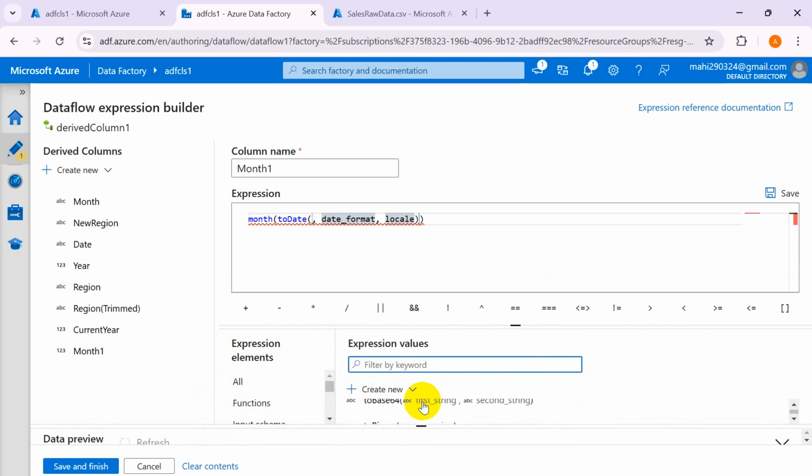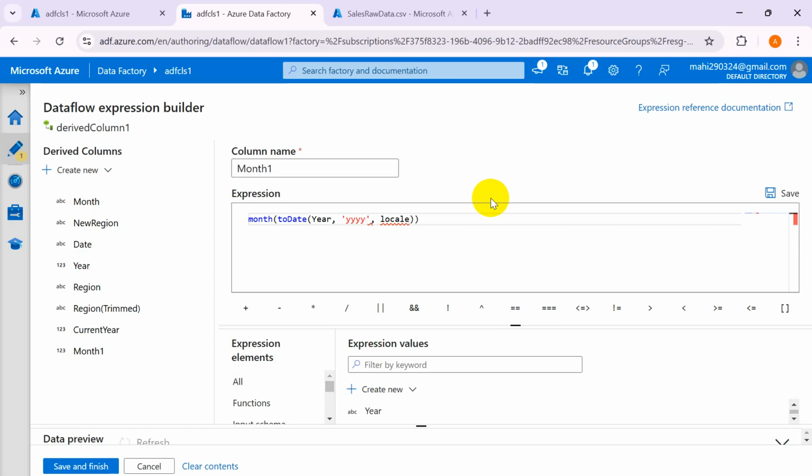Oh, no, wait, it's not showing me the other values. Just a second. This is the year, right? Then what is our date format? Our date format is